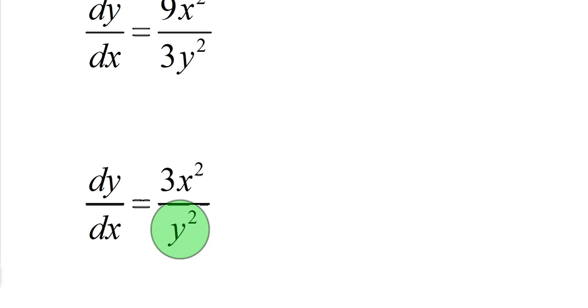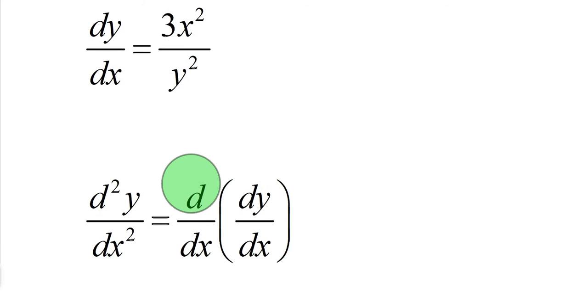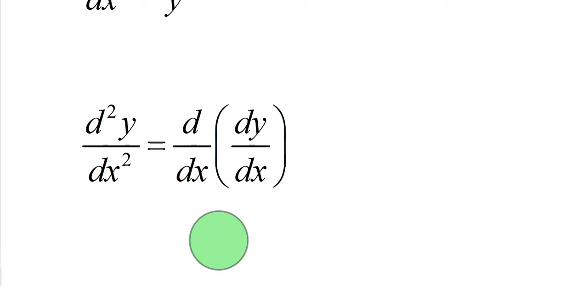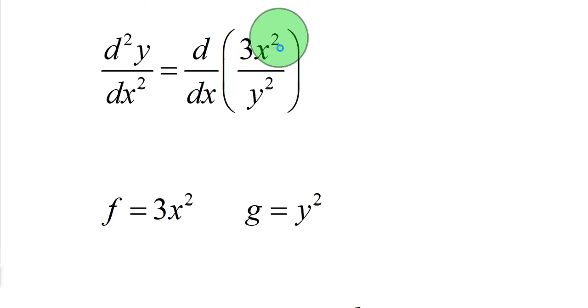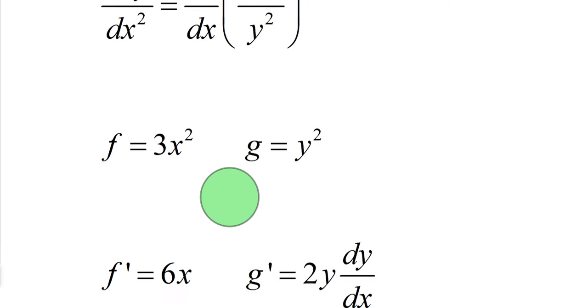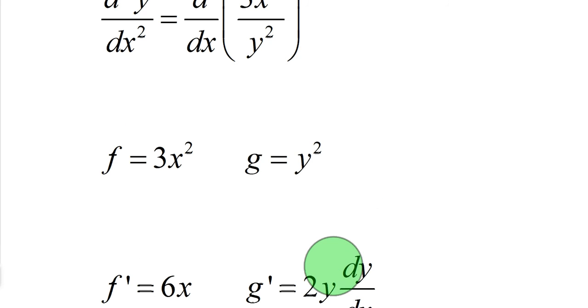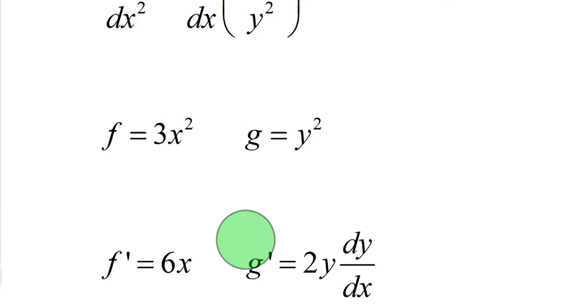But we want to find the second derivative. We have to take the derivative of this again, and we can already see it is a fraction, so we'll be using the quotient rule. And again, taking the derivative of the first derivative gives you the second derivative, which is what this problem is asking. So because we're using the quotient rule, I'm going to label the top f and the bottom g. We know it's f prime g minus f g prime over g squared. So f prime would be 6x, g prime would be 2y times dy dx, because we have to use implicit,